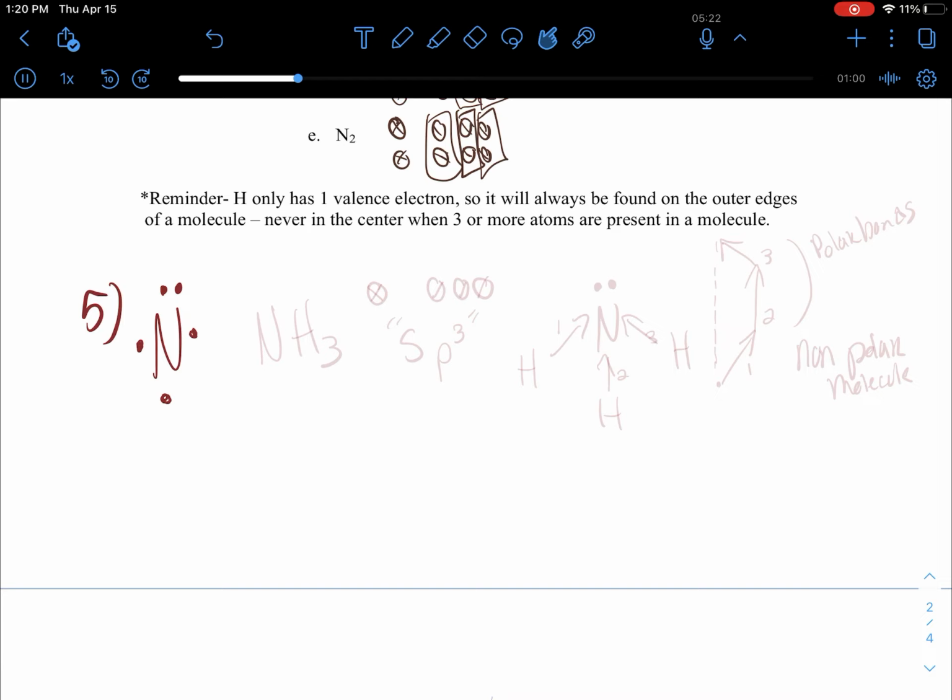So here's the thing about writing names. The one that is most electronegative usually goes last. But just so happens for 5, she said the correct way to do it would be H3N, but the world does it the other way. But just know for most of them, the one who's more electronegative goes last, and I sent that electronegativity chart that you have to use for that. So it's just NH3, and you write the 3 here because I have 3